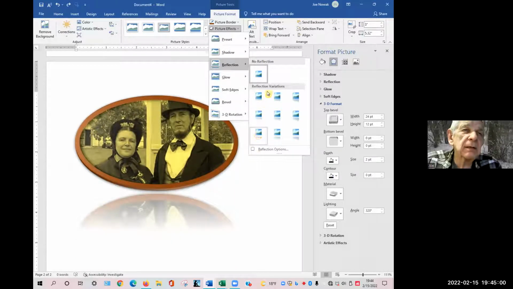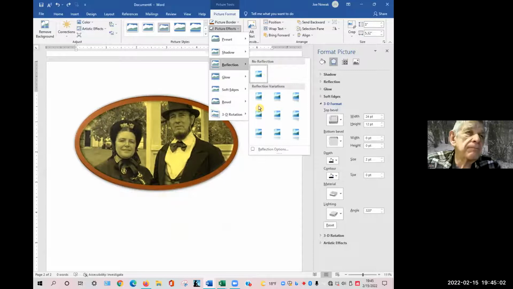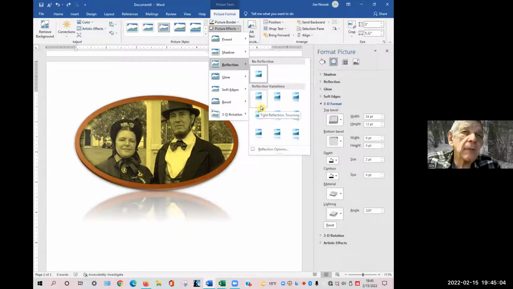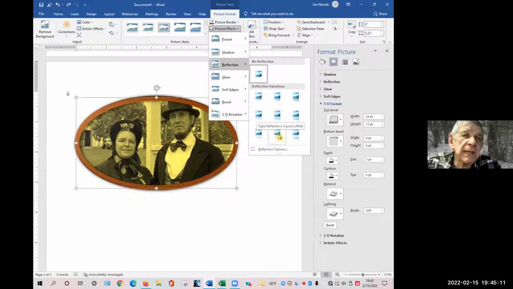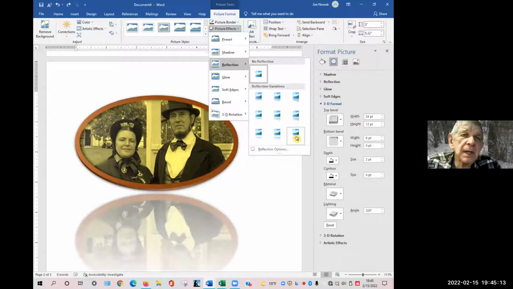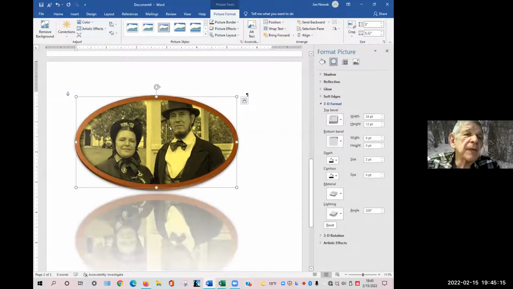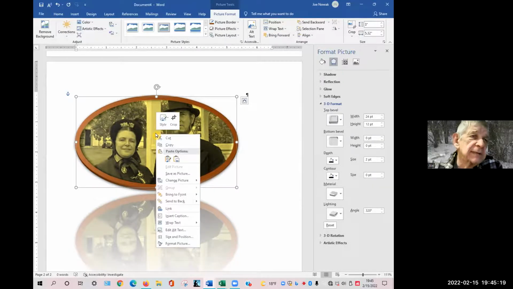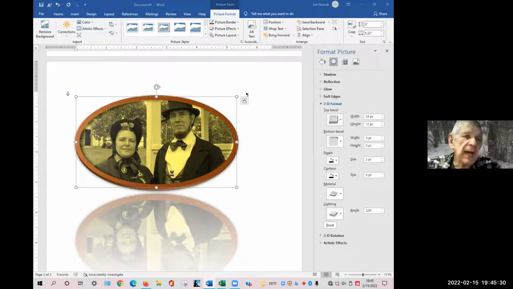Okay. Can you save this now as a photo, or is it saved as a Word document? You can save it as a photo if you want to save it. I think I'm going to go with the full. I like the full. That's kind of neat. I can save this if I right click on it, and then I can go to Save as picture. And I click on save as picture, it comes up,